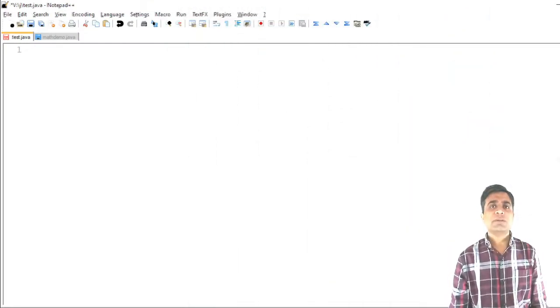Now in today's programming session, I will show you examples of the array and the Math class. Firstly, I will explain the array, how to execute an array program, and what the syntax of the array is. Normally there are two types of array, the single dimensional array and the two dimensional array. First I will show you the example of the single dimensional array, then the two dimensional or multi-dimensional array, then the ragged array, and the last topic of the programming is the Math class. So let's start the programming.